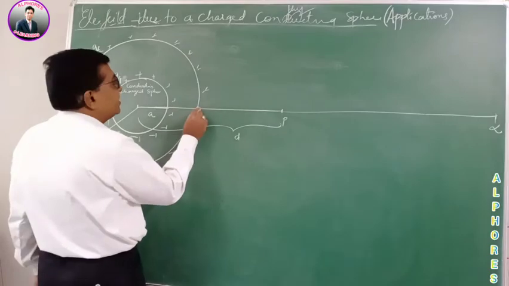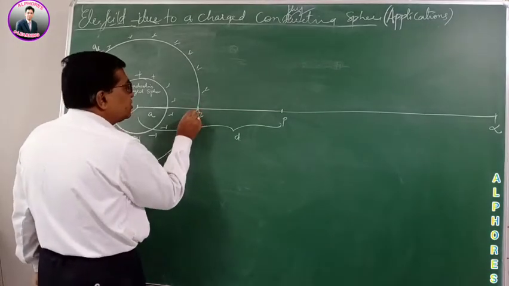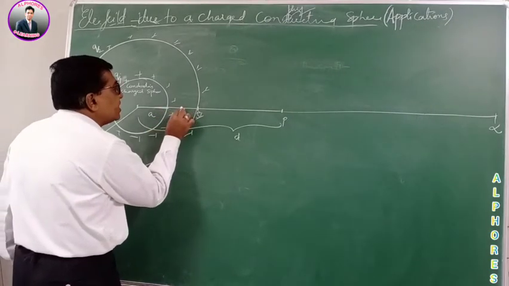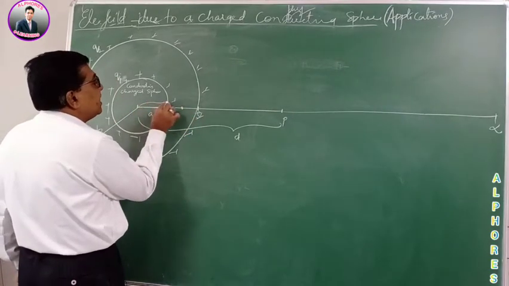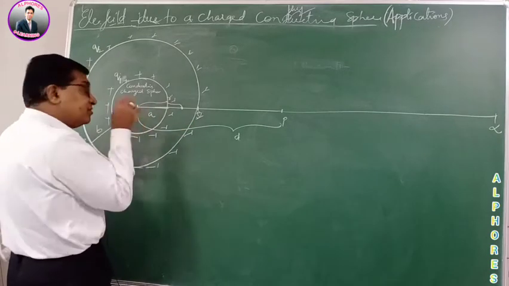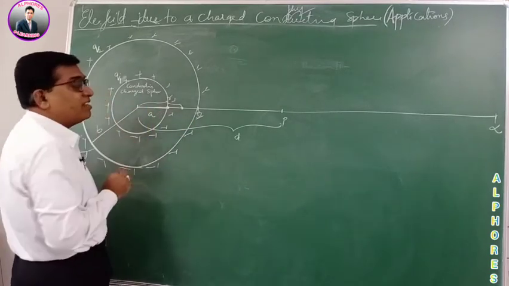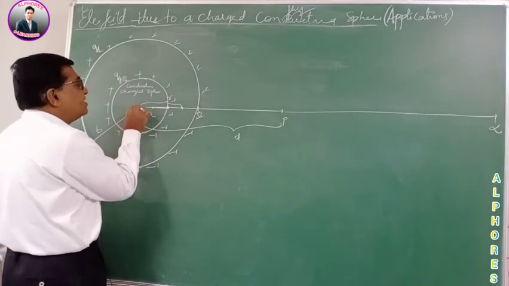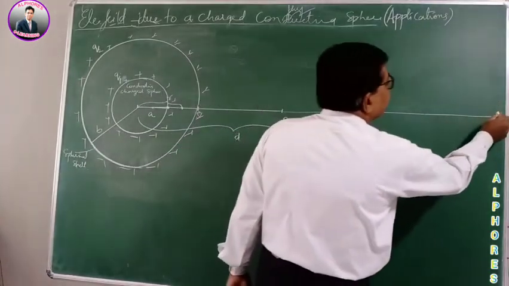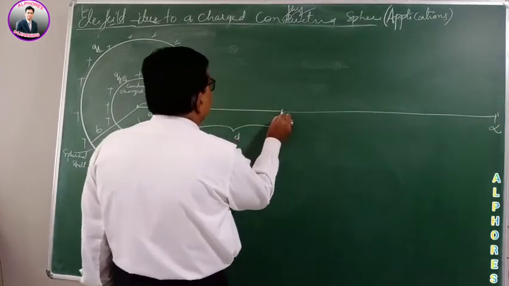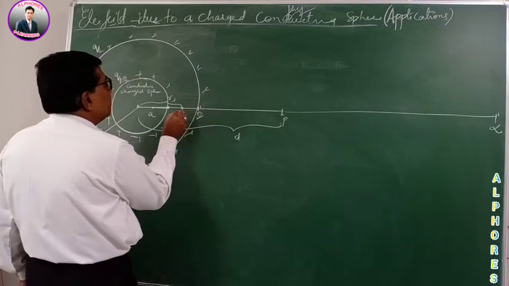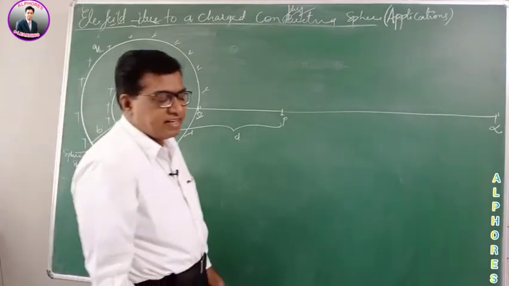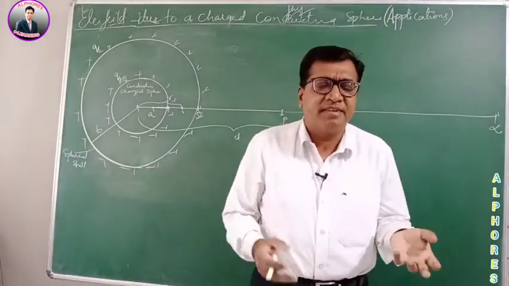Second point. Third, the electric field on the surface. He may ask you to find the electric field on the surface. Fourth, a point in between these two spheres, at a distance r. Next, another point on the surface of the inner sphere, and finally the field inside, at the center. Let us name these points: this is point 1, this is point 2, this is point 3, this is 4, 5, 6, 7. We are asked to find the electric field at these.